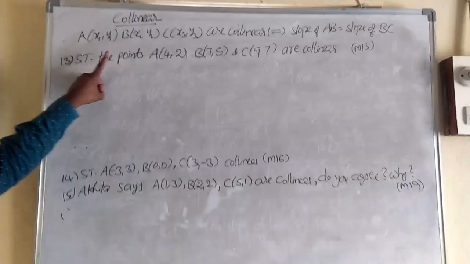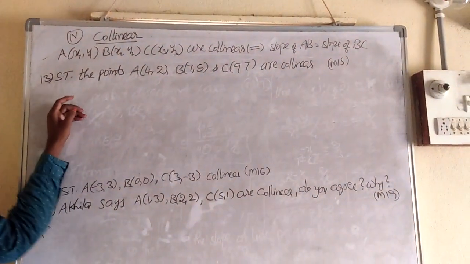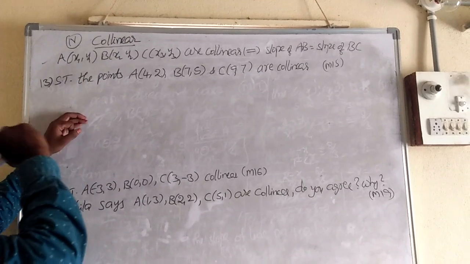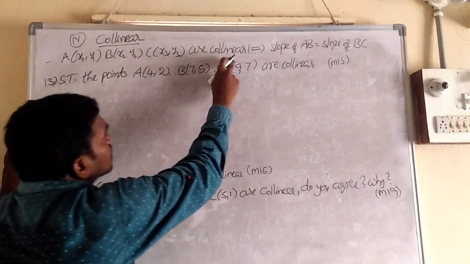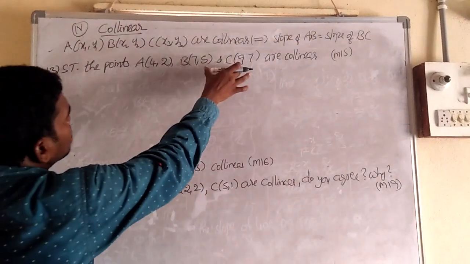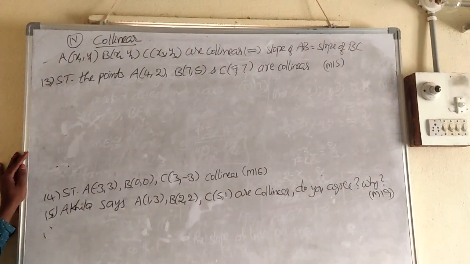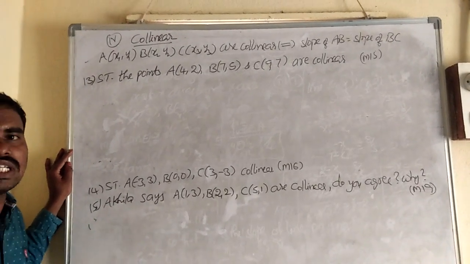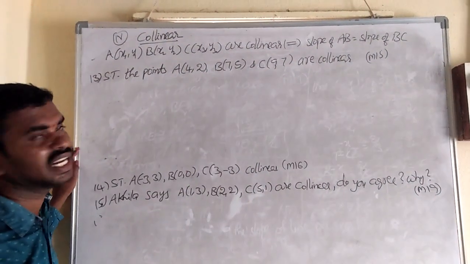Okay. See the next concept. Next concept, collinear. It's the 4th concept in this. First one is midpoint and centroid. Second one is distance. Third concept is slope. 4th concept is collinear. The collinear concept also depends on slope. If A, B, C are collinear, then slope of AB equals slope of BC. So the slope of the first 2 points equals the slope of the second 2 points, then the points are collinear. This is one concept. Of course, on distance also we have one process, that is AB plus BC equals CA, or BC plus CA equals AB. So like that we have another process, but this is the simple and easy process.